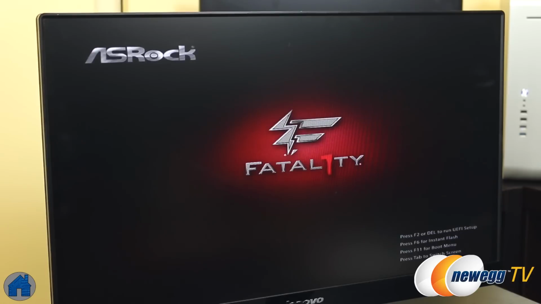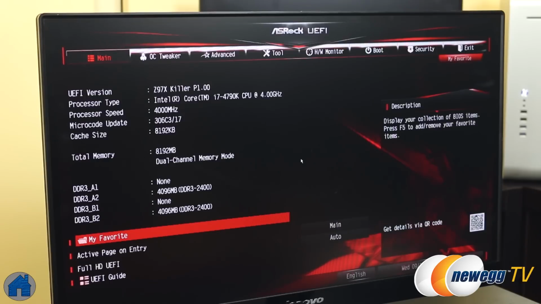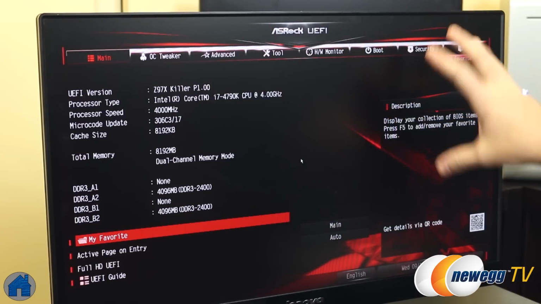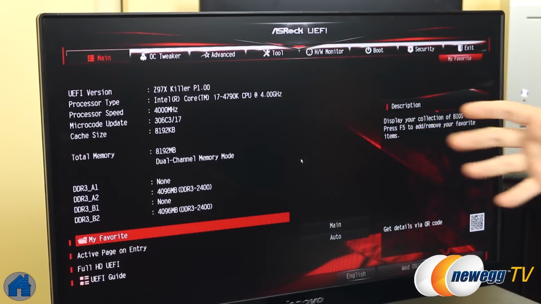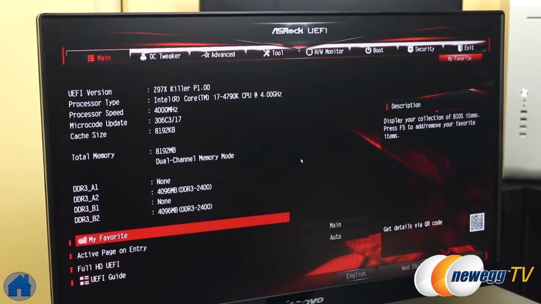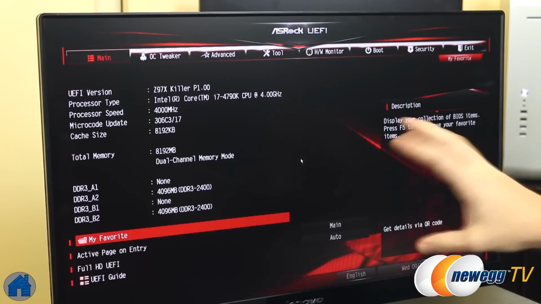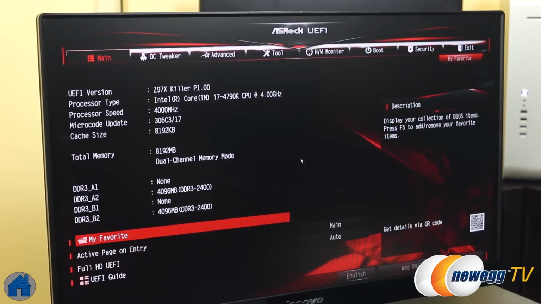I'm then going to power on the system, and I will tap the Delete button immediately. This will get you into the UEFI or BIOS with just about any modern motherboard. It's almost always the Delete key that you push to access that right as the system's booting up. This is an ASRock motherboard, so this is the UEFI. It's also often still referred to as the BIOS, or Basic Input-Output System, although technically it's now the UEFI. Either way, this is your